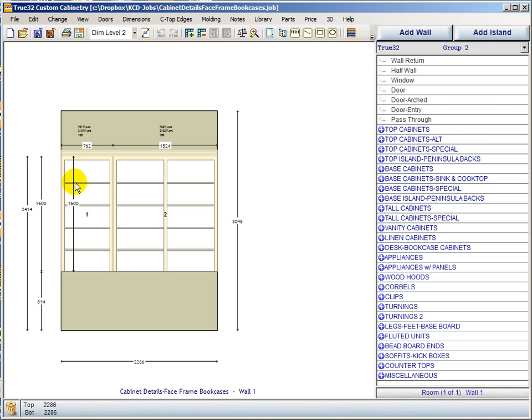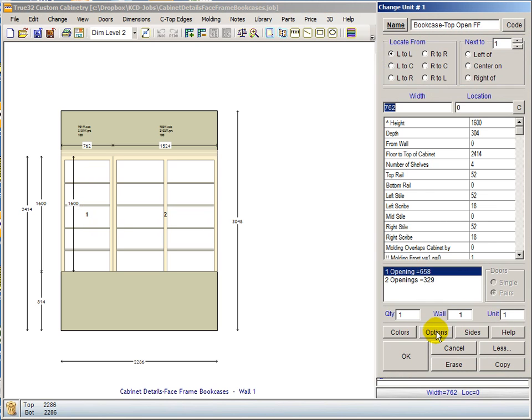When you turn the panel mold on, the shelves get shallower by the thickness of the panel mold. That's just a decorative hardwood part you're putting on there to make it look better, strengthen the shelf, but you don't need edge banding, so the edge banding indicator goes off when you turn that molding on, and then the edge banding comes back on if you turn that molding off, and then the shelves are deeper. So what I'll do, just so you can see that, is I'll take this one and say I